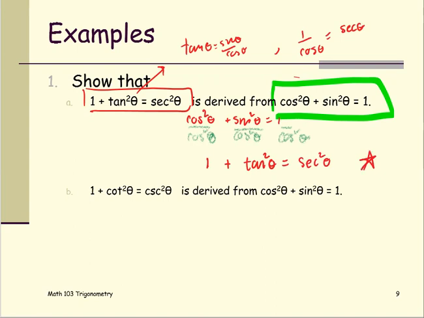Now we are done showing that 1 plus tangent squared theta equals secant squared theta is derived from cosine squared theta plus sine squared theta equals 1. And we're going to do a similar thing for part B using cosine squared theta plus sine squared theta equals 1